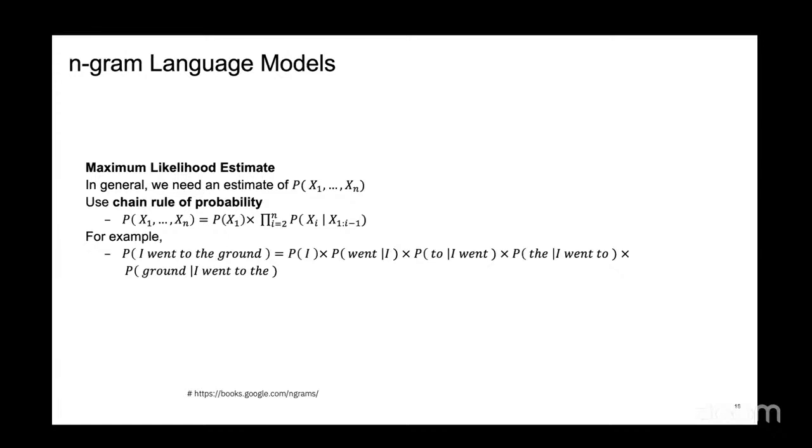Then what I do is decompose the problem. Instead of calculating for the entire sequence, I start with the probability of "I". Then once I've generated "I", what is the probability of the next word, given the first word was "I", and so on and so forth. I keep doing it recursively. I start with a single word, then calculate the probability of the next word based on that, then the probability of the third word given the first two words, the fourth word given the first three words, then the fifth word given the first four words, and so forth. So now the question is,